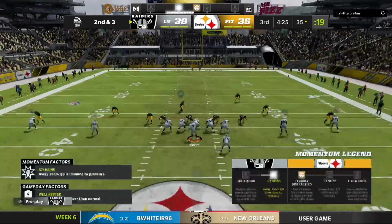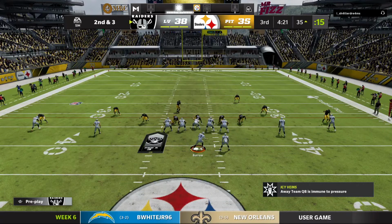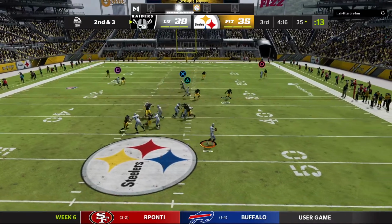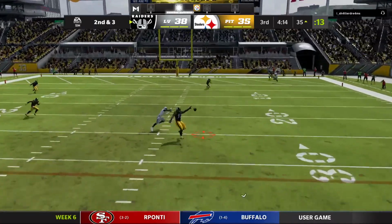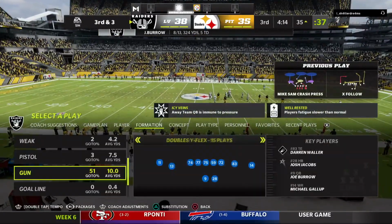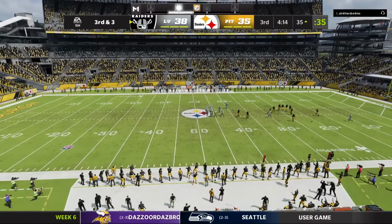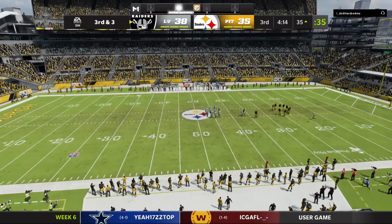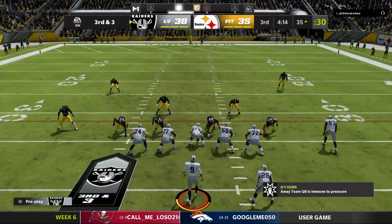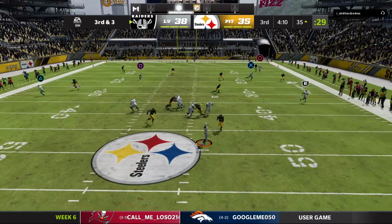Working with a 2nd and 3. Now Burrow. Over the middle, and it's incomplete. Well, you most certainly don't want to go 3 and out here and get the football right back, because your friend, Old Momentum, he's wondering if he should change sidelines about right now. And if you don't convert here, guess what? He's going to make the trek to the opposite side, and all of a sudden,